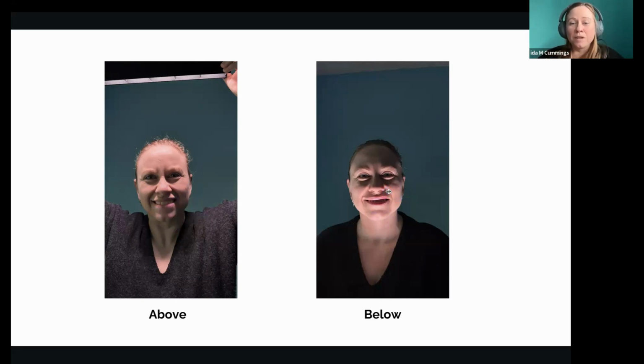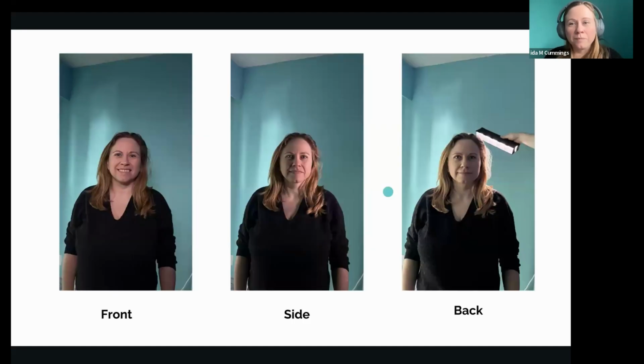Same with anything from below. If the major light source is coming from below, that's what they use in horror movies. They use green from below to make it look like a scary movie. So don't do that to people. And the best lighting is going to be your front lighting from above. So if that above light is directly above them, just get them to take a step back and that light's going to fall onto them and it's going to be a lot better.